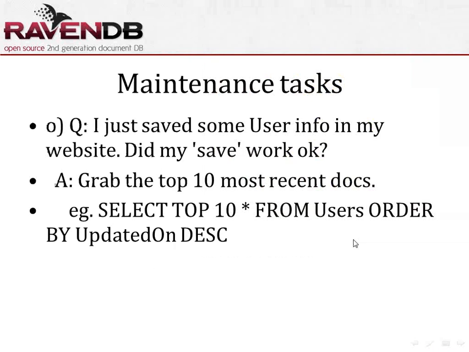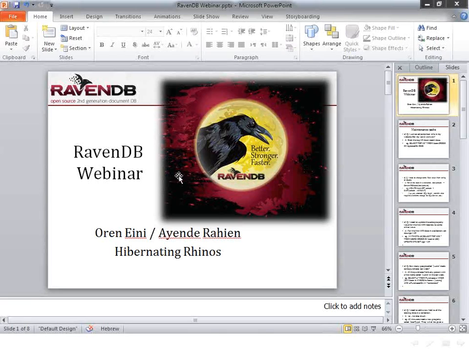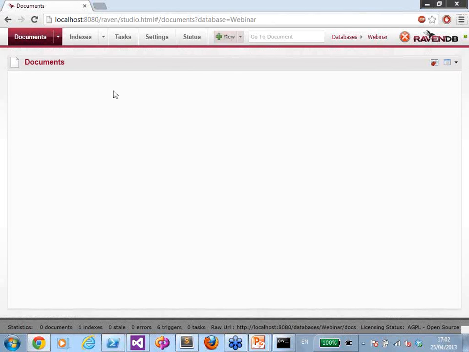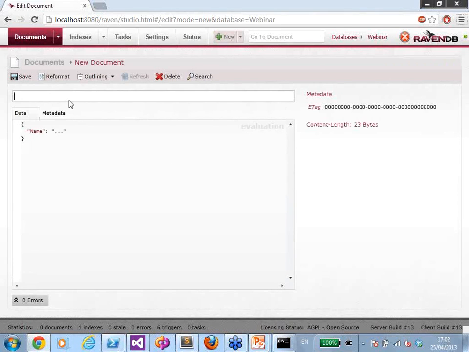So the first thing that we have to do, we have a question about how to handle maintenance tasks, and also just standard stuff. How did I do something, how do I check this. I think this is very valuable because those are the sort of things that you have to do all the time. So let's see. I just saved some user info on my website, did my save work? Let's do that. So the easiest thing to do,